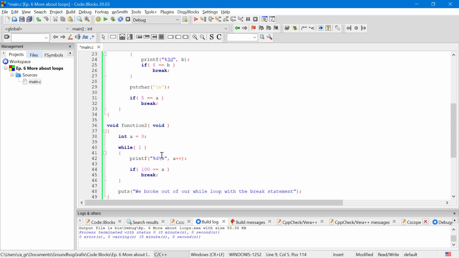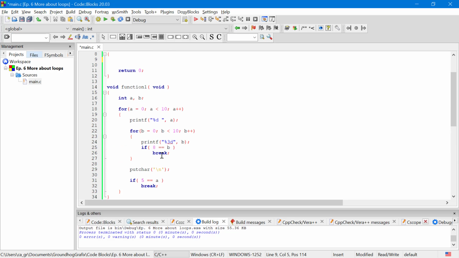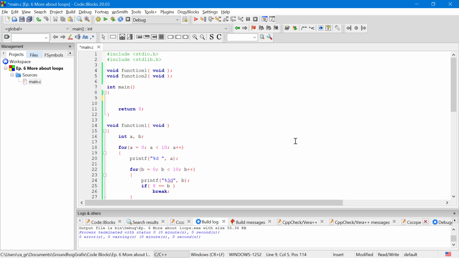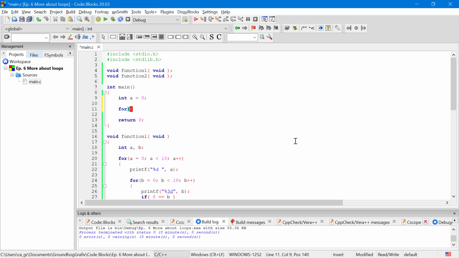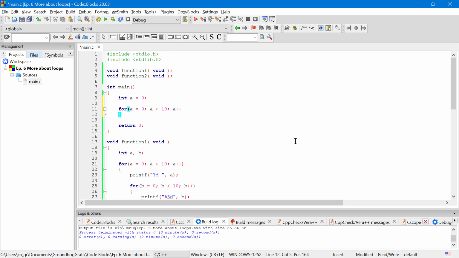Alright, so now let's go ahead and let's talk about the continue statement, which works the opposite of the break statement. So let's go integer a equals 0, for a equals 0. Doesn't hurt to reassign a. Let's see, a less than 10, a plus plus. So to use continue, instead of like we did with the break, let's put